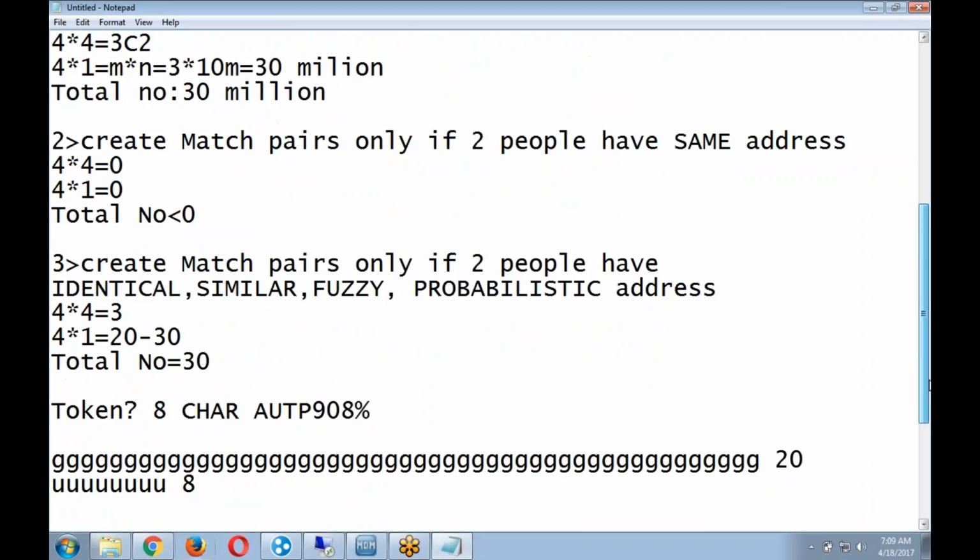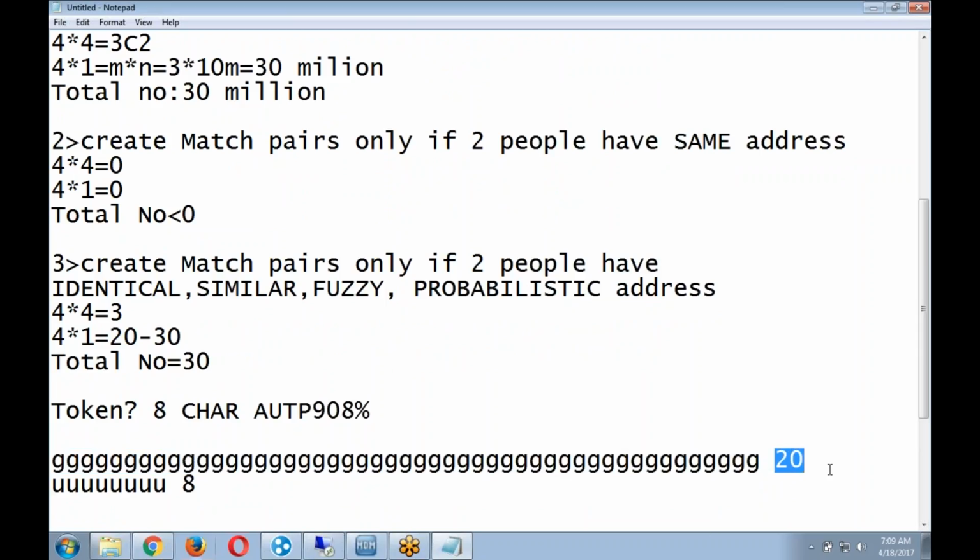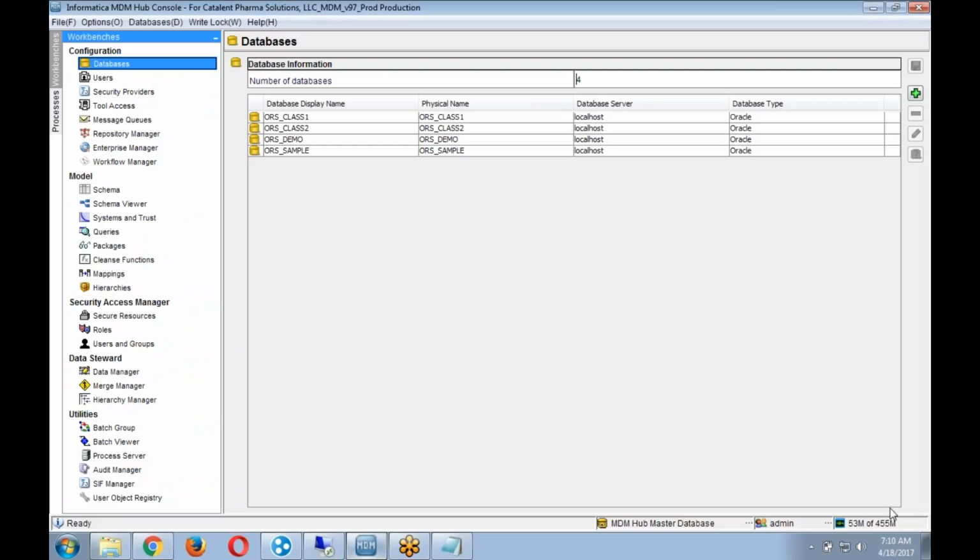Now the question is, I just said that Informatica will generate 20 tokens. Fine. Can I play around with this? Like, I don't like 20 tokens. I want Informatica to generate like 30, 40 tokens or like 10 tokens. I mean, I want Informatica to increase this. Can I do that? Yes, you can do it. So for example, if I go here to one of the configurations,